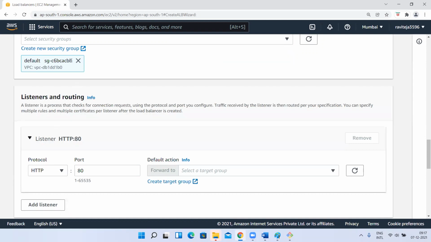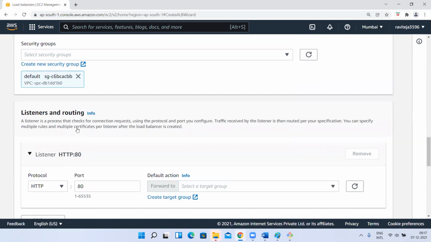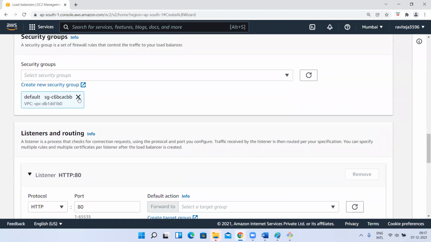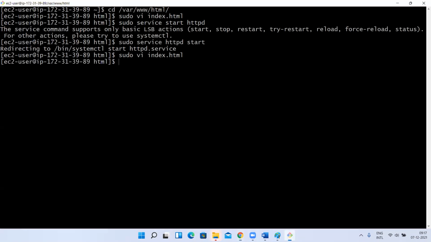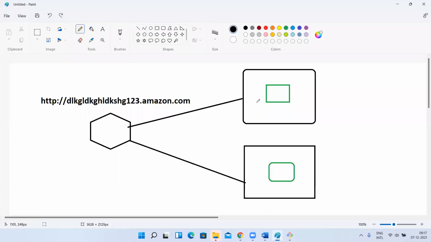Next, security group. What is security group? Instance level security, right? You know it very well. Like that, your load balancer also needs to have a security group. Whatever traffic your EC2 instances allow, the same should be allowed here also.